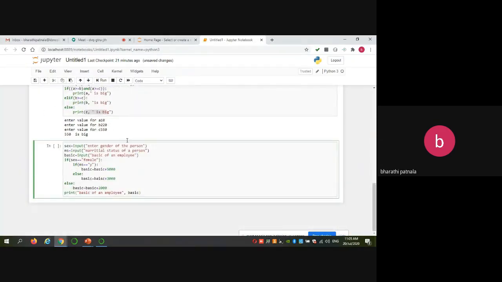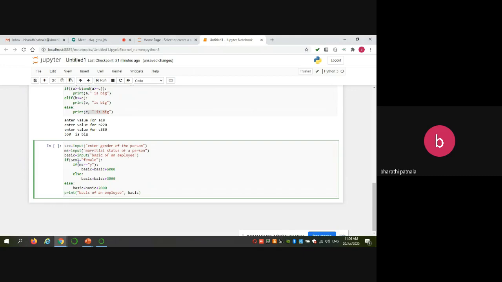So you are reading gender of a person, marital status of a person, as well as basic of an employee. If the person's gender is female, you do some statements. If gender is not female, you simply increment by 2,000.